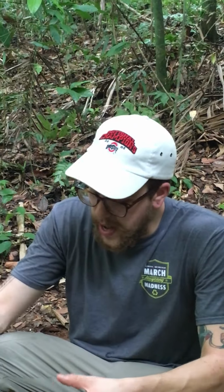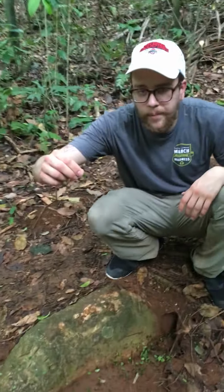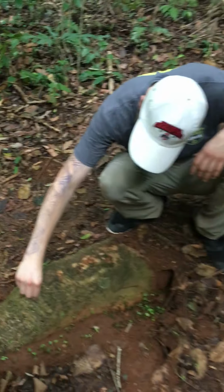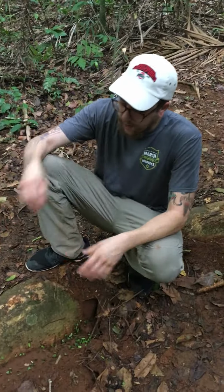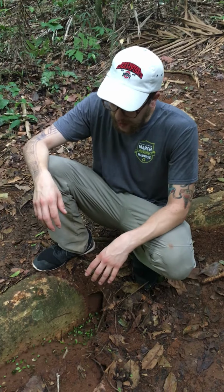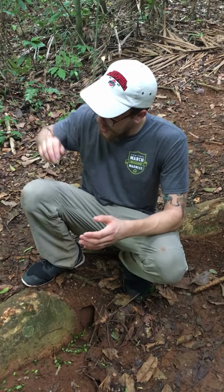So we found a bunch of different leafcutter nests. We took a bunch of samples of the leaves, like these guys right here. They don't like that. And we took the leaves from them. We analyzed the sizes of those leaves, and we wanted to compare them across the tougher and the less tough leaves. So in the end, we found that the